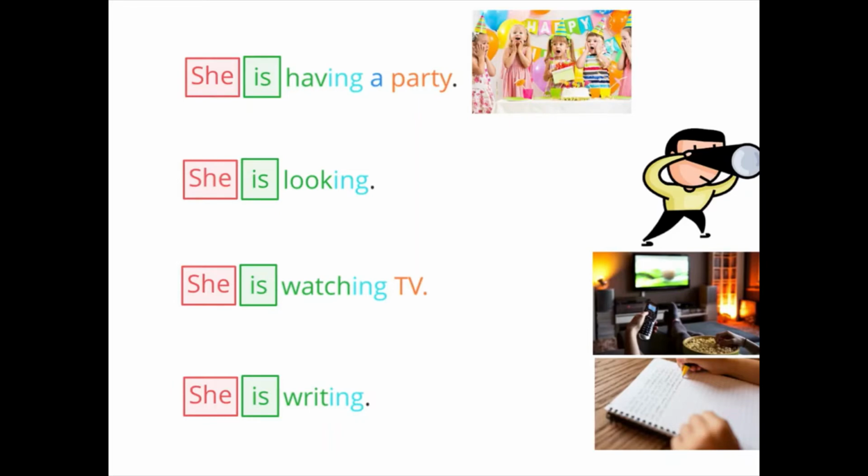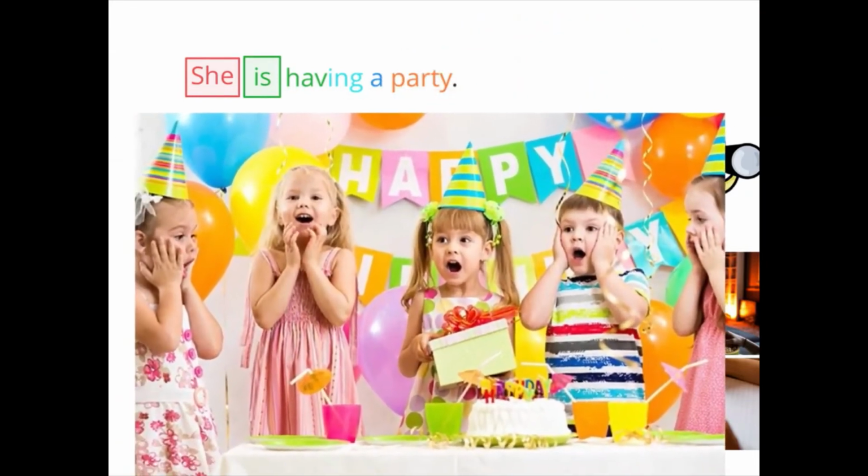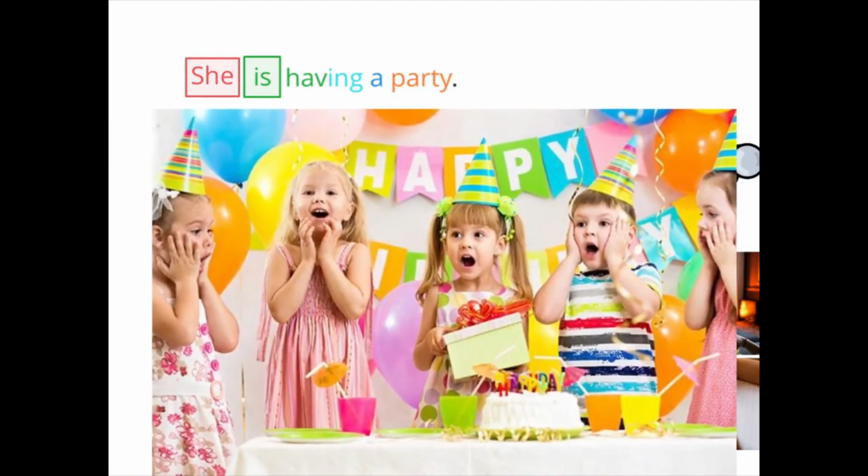Let's look at our first sentence. She is having a party. She is our subject. Then we have our two-part verb, is having. Remember that our whole verb in this sentence is is having. It's a two-part verb. The first part is the verb to be, am, is, are. The next part is our action verb with ing. And then after that, we have a